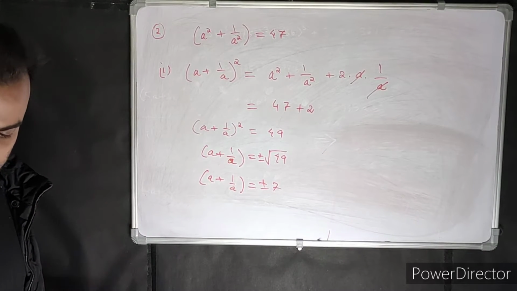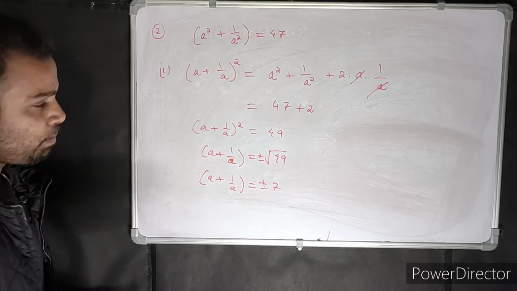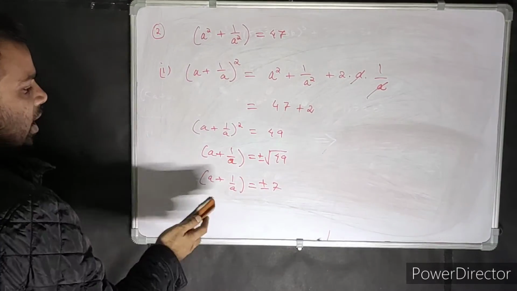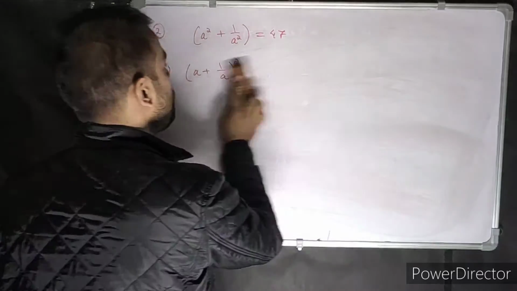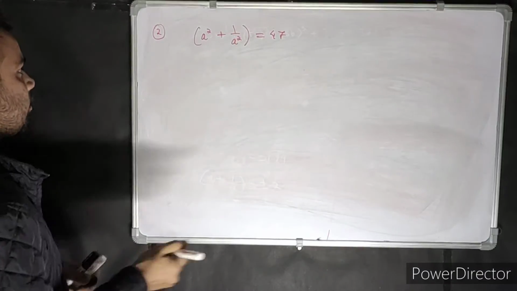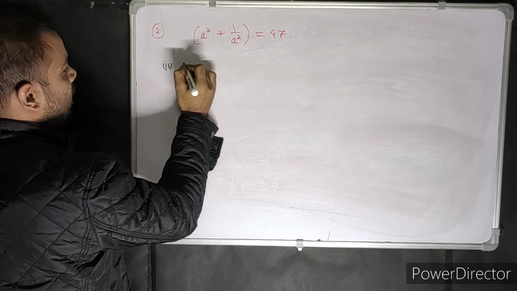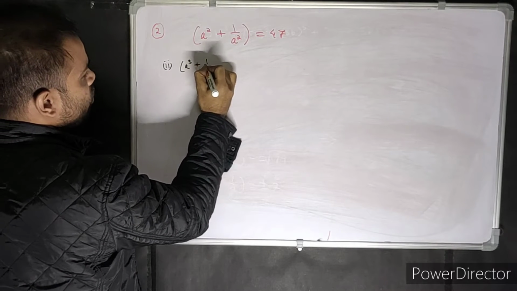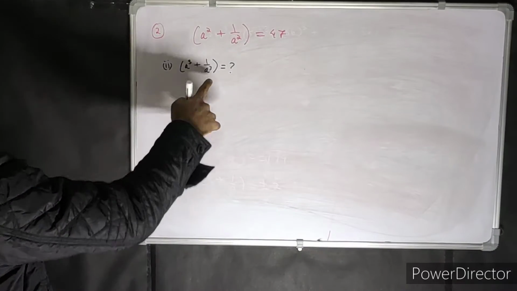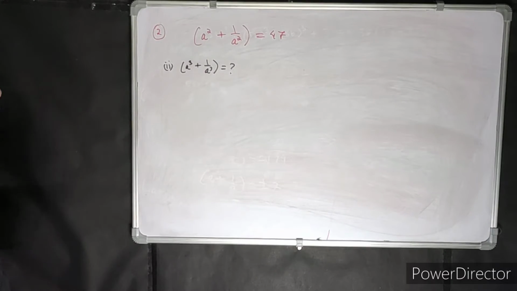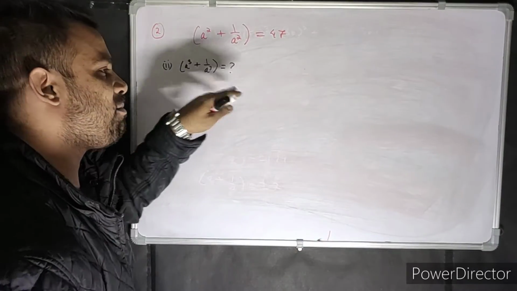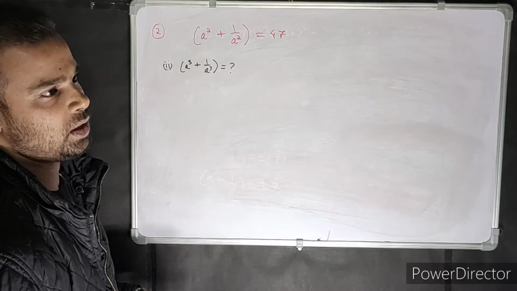Okay, let's go on to the second part of this question, that is a cube plus 1 by a cube. You have to find a cube plus 1 by a cube. This is part 1. Okay, you can copy it later on. I hope you all understood. Now let's go on to part 2. That is a cube plus 1 by a cube you have to find. Do you have a formula for a cube plus 1 by a cube? Now if you say yes, I do have a formula, it's written in my formula page, but then you have made this formula for a cube plus 1 by a cube.